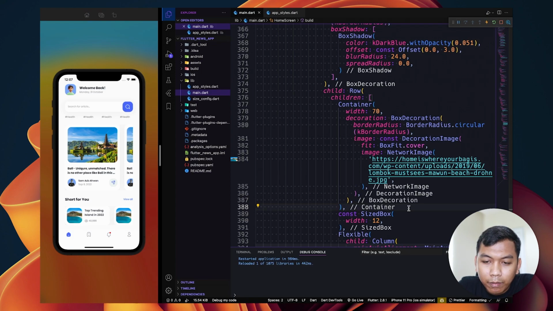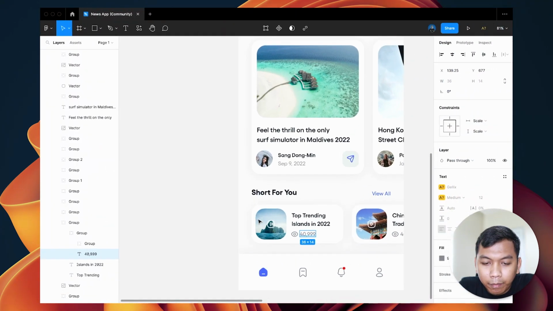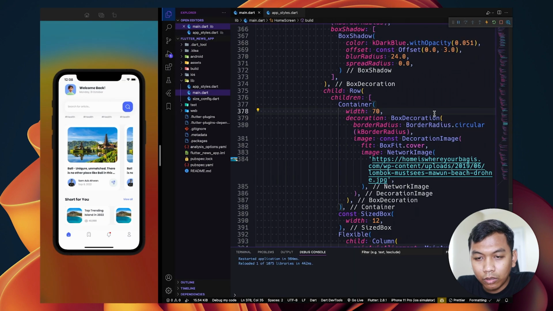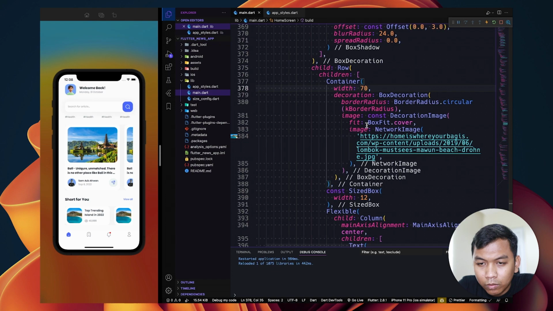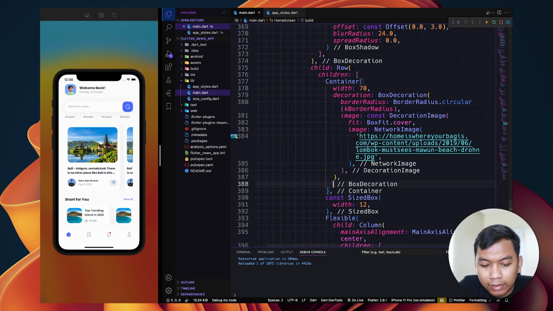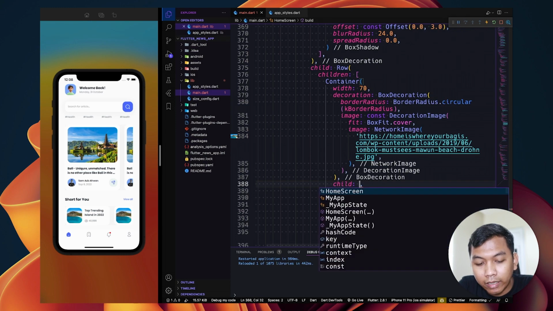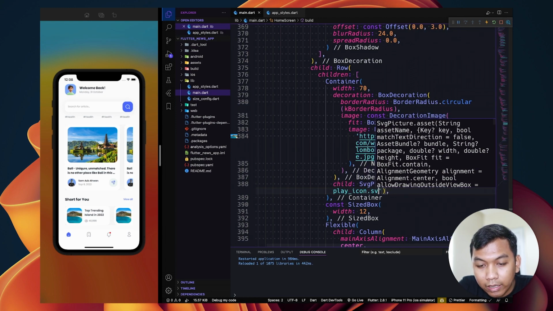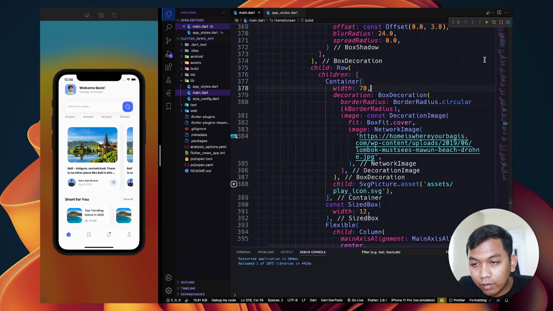Alright, so maybe I missed this one icon. So we need to go to this container, which is container that contain network image, and inside this container let's add child and maybe SVG picture assets, and we need to say our icon.